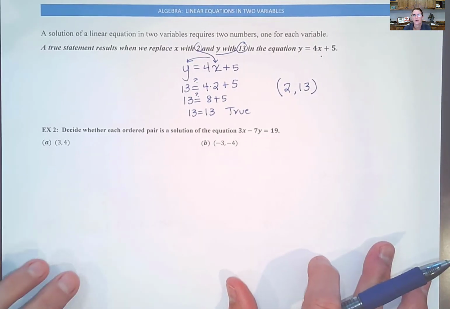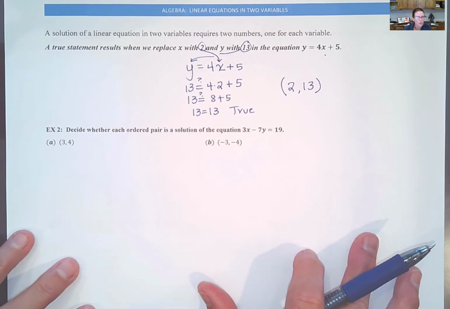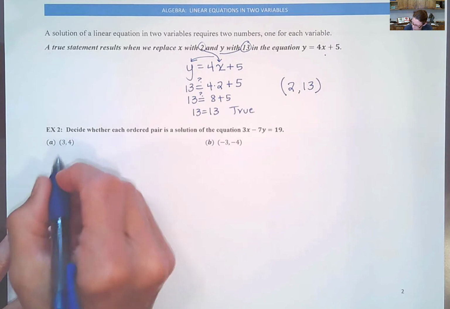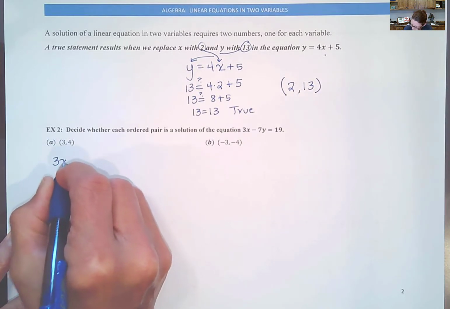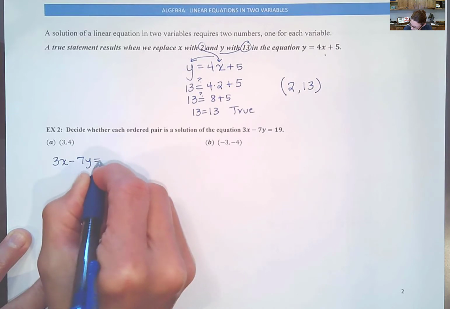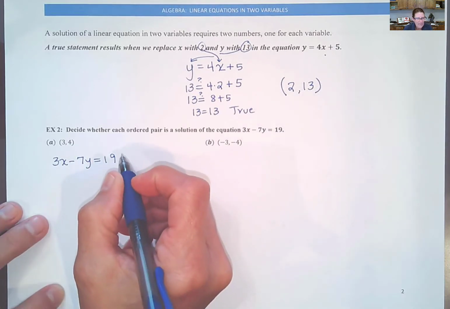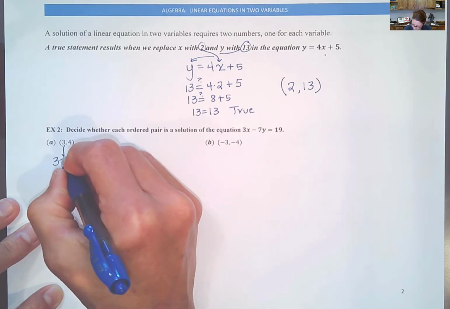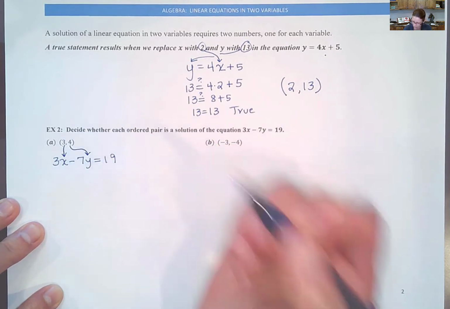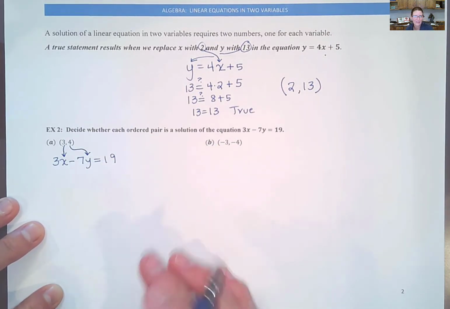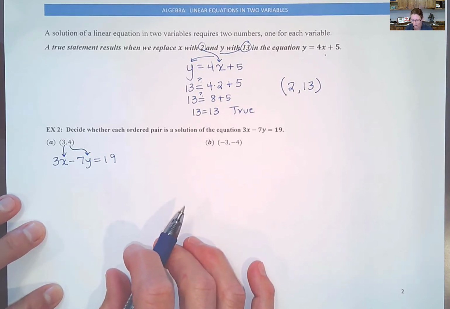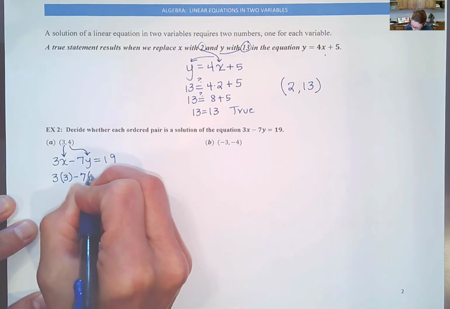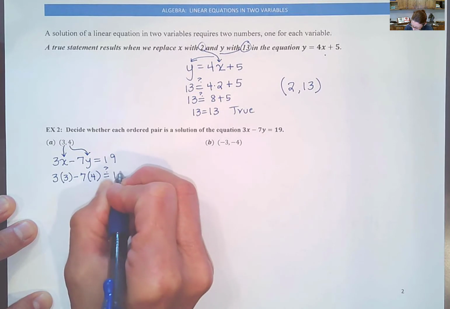It satisfies the equation. Well, let's do some more of this in example 2 as we decide whether each ordered pair is a solution of the equation 3x minus 7y equals 19. Starting with part A, is (3, 4) a solution? Well, 3 is the possible x value and 4 the y value. When we write an ordered pair, we always write x first, then y. And so we substitute 3 for x, 4 for y,